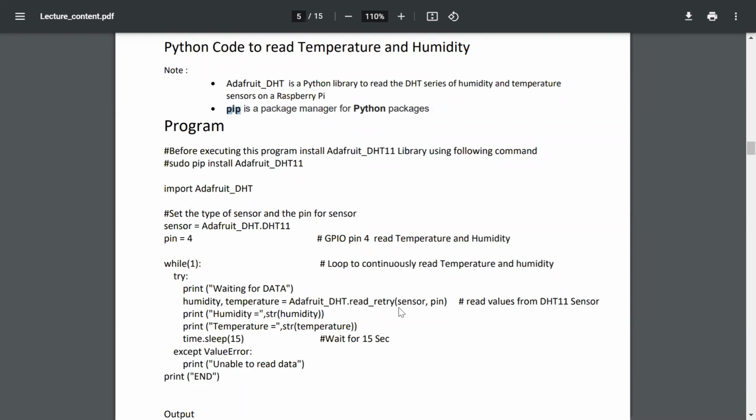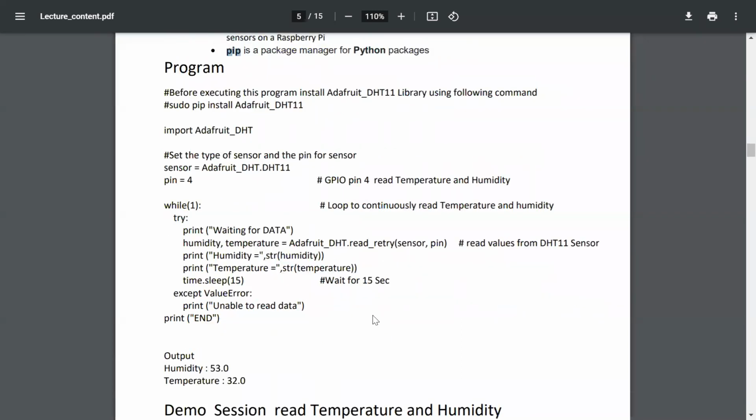Before running this program, you have to install the Adafruit_DHT package, right? This is not preloaded in your Python library, so you have to install it.